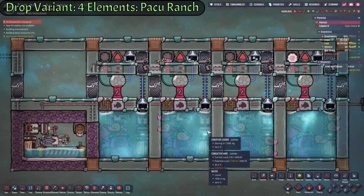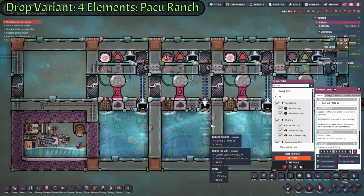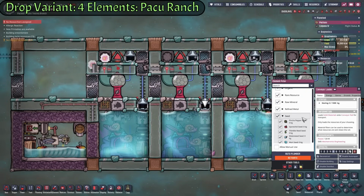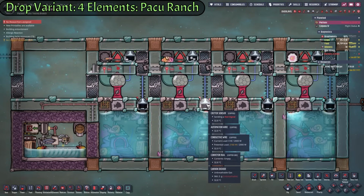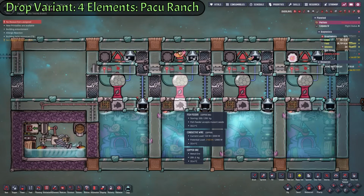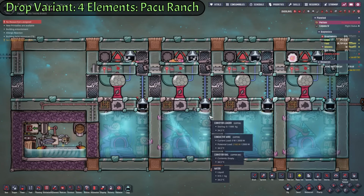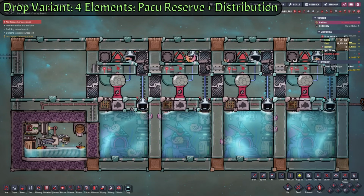Coming back to this setup, we have the conveyor loader with the size of 2 tiles. The conveyor loader is set to absolutely everything besides algae, and if you want to use seeds, besides seeds. And a critter sensor, which you can place either here or directly under the pneumatic door. Of course, you will need a fish feeder to feed all of your Pacu or tropical Pacu or the gulp fry. And then we can switch to the next module of the setup,